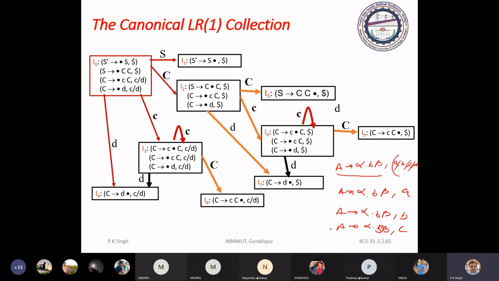It means that due to the huge number of states, the possibility of conflict is reduced, because for each item set you have to introduce a state.